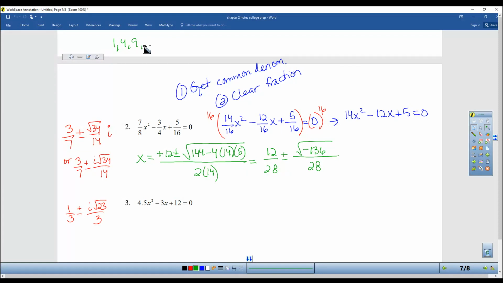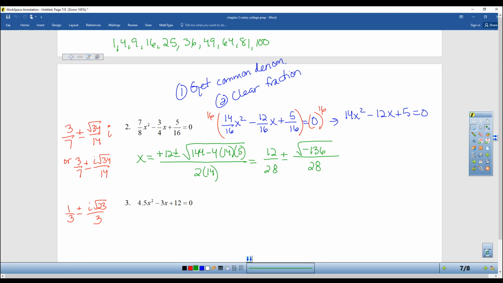1, 4, 9, 16, 25. If you're wondering, where am I getting this list? This is 1 squared, 2 squared, 3 squared, 4 squared, 5 squared, 6 squared, 7 squared, 8 squared, 9 squared. I mean, it's 136. This is not going to be how high it goes. And then I kind of look to see, well, do any of these numbers go into it? So you can start off with something high, like